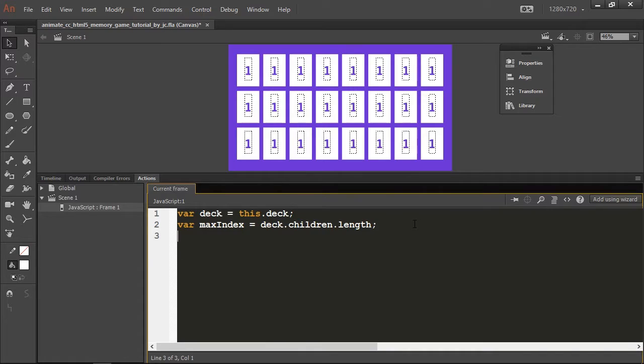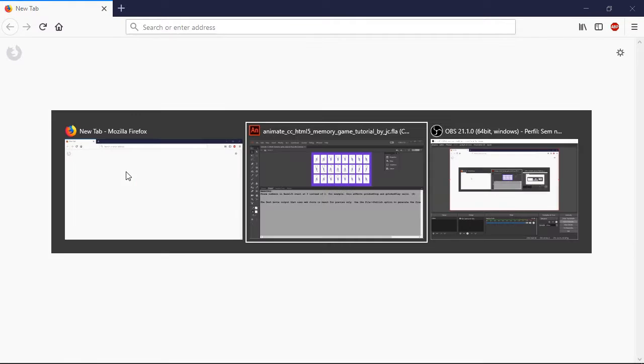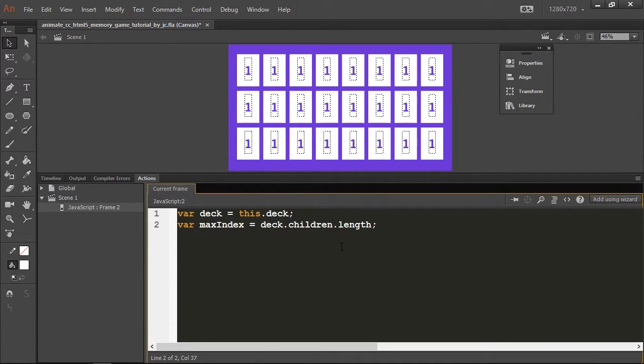If I try to console log the max index variable, you'll see something very interesting. It's saying that I don't have children, which is a lie because I do have. If I undo what I just did, put this back on the second frame,